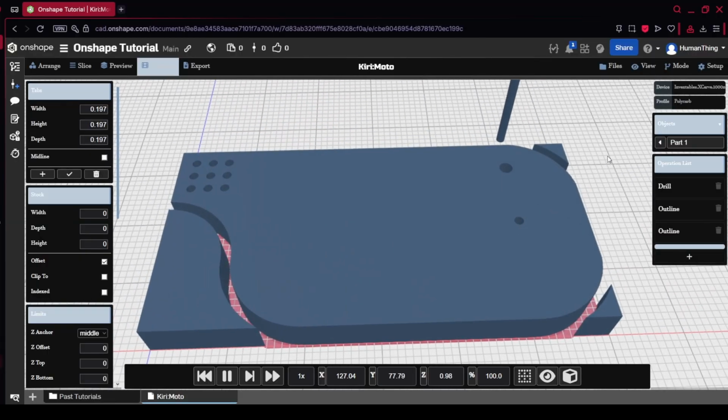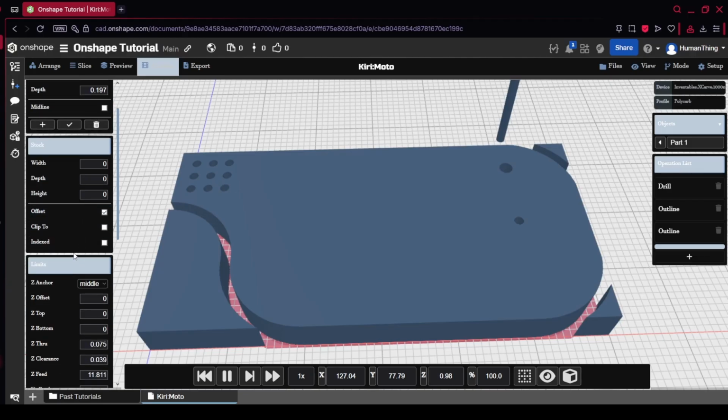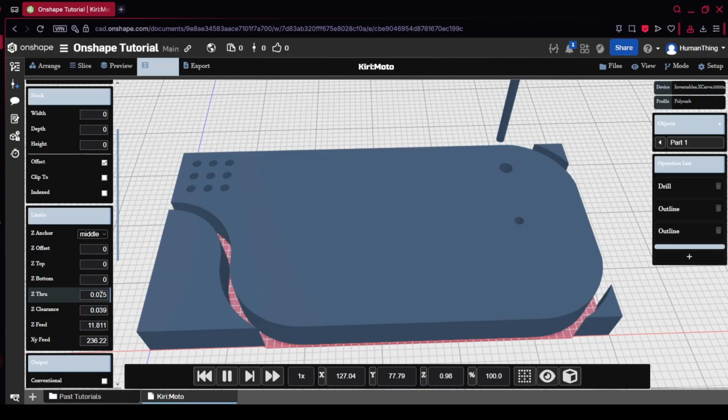Now something you do want to definitely do with this is these settings over here. This stuff, a lot of it doesn't matter a whole lot, but something you definitely want is this, your Z through. Because basically if you have this set to 0, then right when your CNC has gone down the depth of your piece, it will stop cutting. But you might not align your CNC up perfectly, so you want to have a bit of tolerance, and telling it to do a 0.075 inch Z-through means, since this part is half an inch, once that drill bit goes half an inch down, it will go an extra 0.075 inches further down, just to make sure it cuts through